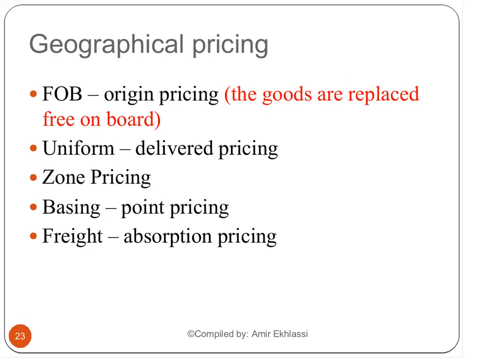And uniform delivered pricing, for example, when you send to all points at the same price for delivery. For some zones, for example free zones in some countries, the pricing is different, and basing points are also something, and there are many kinds depending on the contract. It means geographical pricing: in every area, a different price, depending on which point you want to deliver your product to. It's related to shipment, as usual, the geographical shipment of your product.